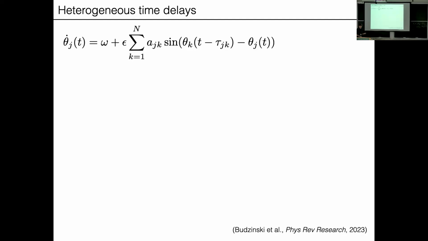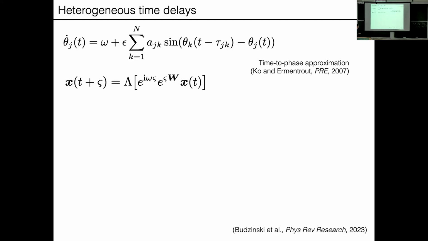So to do this, we study the Kuramoto equation now with time delays. And these are just going to model the axonal transmission down the spike. Now, here, utilizing the well-known approximation to turn time delays into phase delays, we can obtain a modified form of our operator expression,